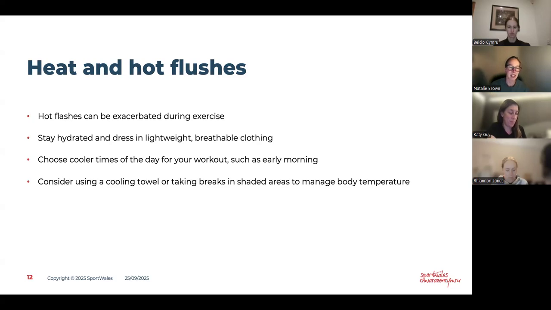But generally, there are a couple of things that can really help manage it. One, as I mentioned before, is staying hydrated, which can also help manage hot flushes and perceptions of heat. Just think about what you're wearing, so lightweight, breathable clothing. What I've not put on there is layers. Can you use layers so that if you are feeling cold, you've got plenty of clothing on, but it's easy to remove them, so it's not a bit of all or nothing?